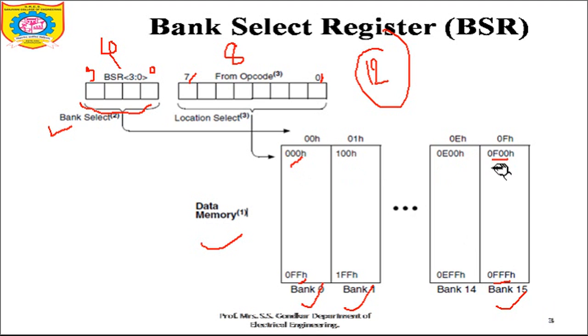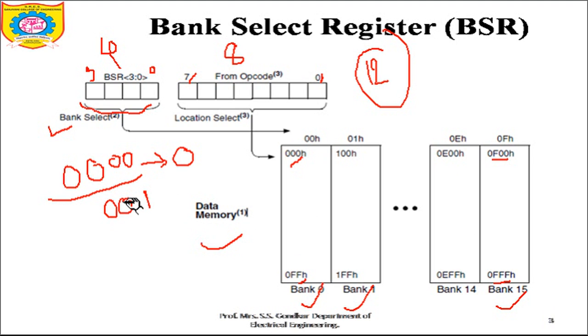In similar terms, you can see the addresses, the minimum and the maximum ranges of the addresses. Now suppose BSR is equal to 0, it means these are zeros. See, this is a binary number, so we are writing this for 0, which indicates that the address of data RAM is from 000 to 0FFH. So if this is 1,